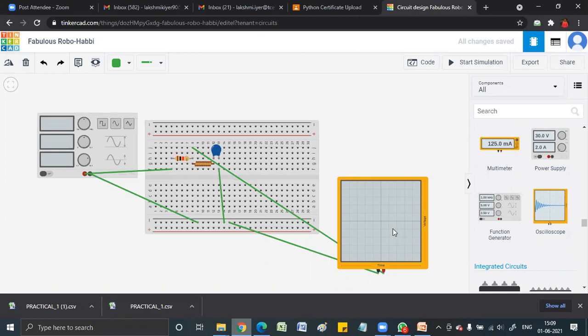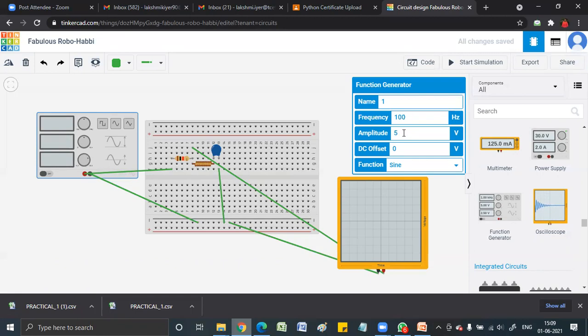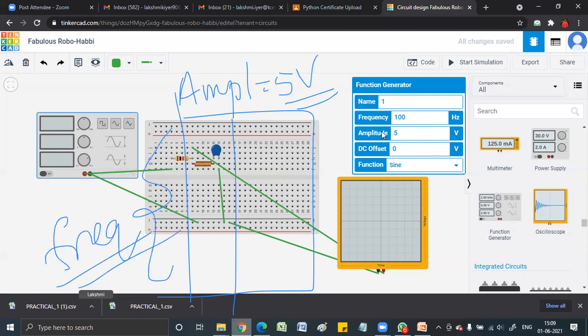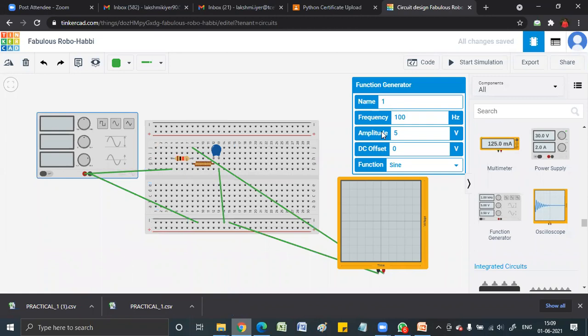मैम, एम्पलीट्यूड कहाँ दिया था? ये दिया ना 5. एम्पलीट्यूड फिक्स है. आपका जो ऑब्जर्वेशन टेबल आप बना रहे हो ना, उसमें ऊपर लिख देना एम्पलीट्यूड इज फिक्स टू 5 volts. You are only varying the frequency over here. Okay, amplitude is remaining constant throughout the operation. Okay, so please write at the top of the observation table amplitude is 5 volt.